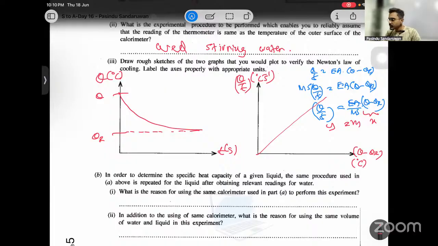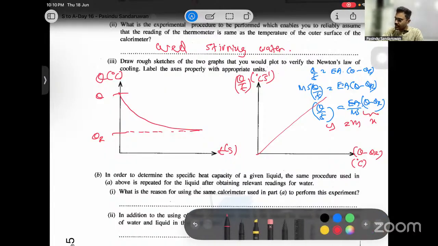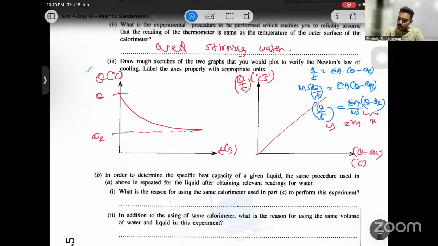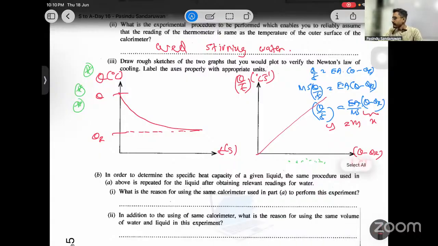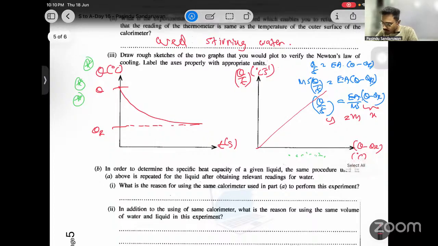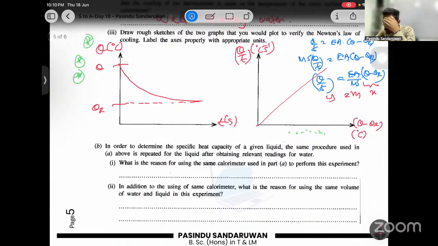Right? This graph is very popular, and this is the exact graph we plot in the experiment also. About this graph, you have some additional thinking, a small thinking. Part B. In order to determine the specific heat capacity of a given liquid, the same procedure used in